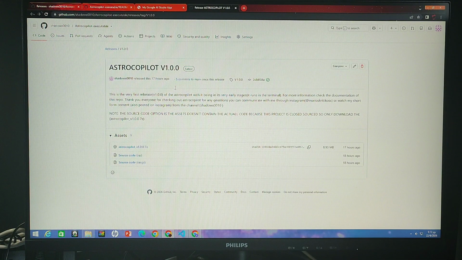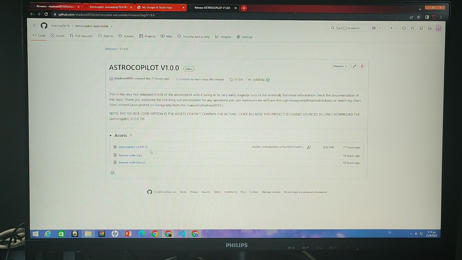And I also want to note that before downloading anything, first read the documentation and what I have written here for the first version, and after you have done that, you will download the Astrocopilot